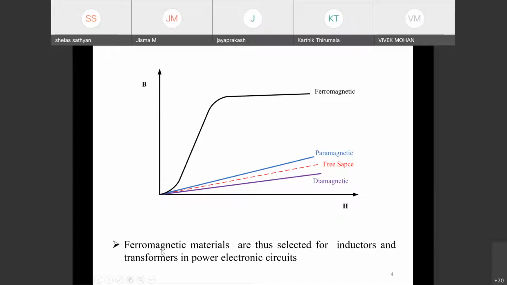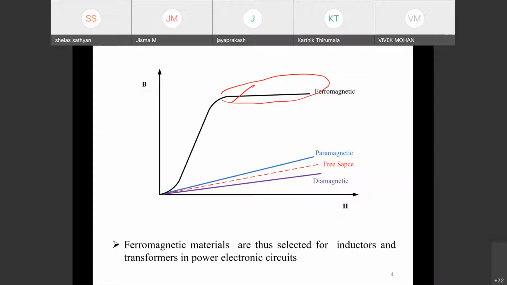A conventional BH curve of these materials is shown here. So you could see, since the relative permeability of the ferromagnetic material is quite high, you could easily magnetize such material. But such material also poses one problem, that it may get into saturation after some time. So if you increase the magnetizing force, after some time you cannot magnetize the material. So we will reach into the saturation region. That means we have a nonlinear operation.